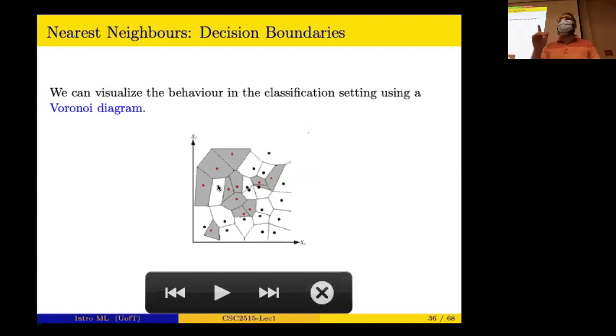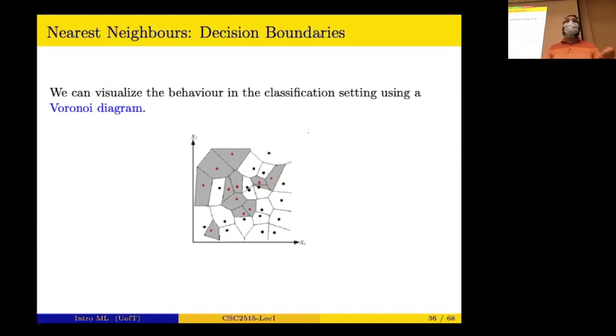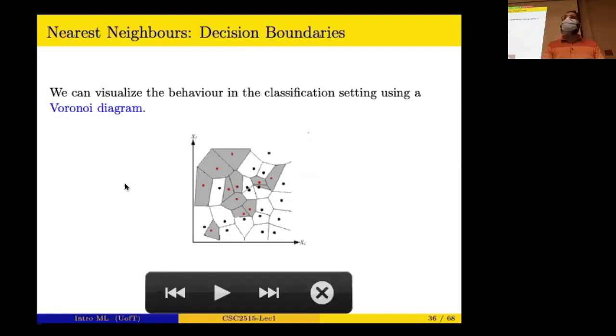I guess I didn't repeat the question, sorry. The question was how to define those boundaries. Put it the other way around: if we pick a point, what is the closest blue or red point that we have? And then whatever we have that is gray, we already know the answer. That's what these diagrams are. We can see it differently: we look at each point in the input space and see which red or blue one is the closest, and then divide the space that way. So yes, essentially this is doing that.